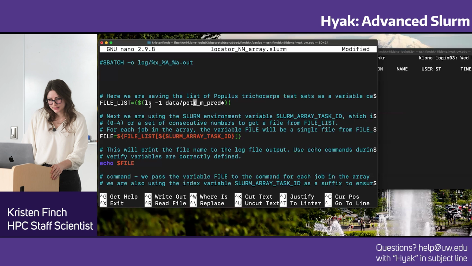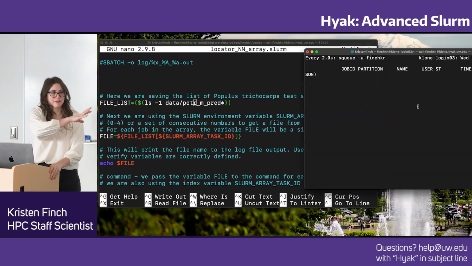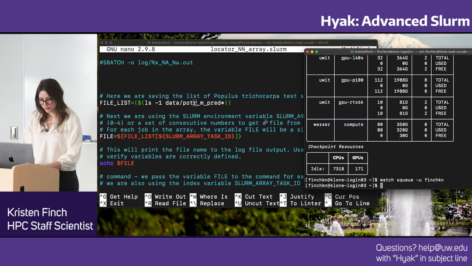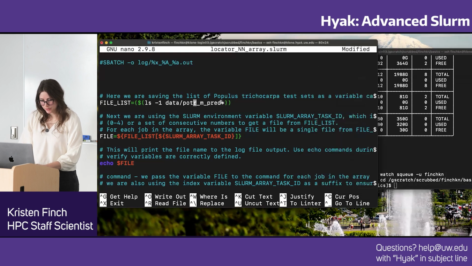What this does is it's just going to list in one column all of the files that we talked about, all of those pred files in the data directory. So you don't have to stop your queue over here, but I'm just going to stop it so I can just show you what this does. All right. So if I copy this